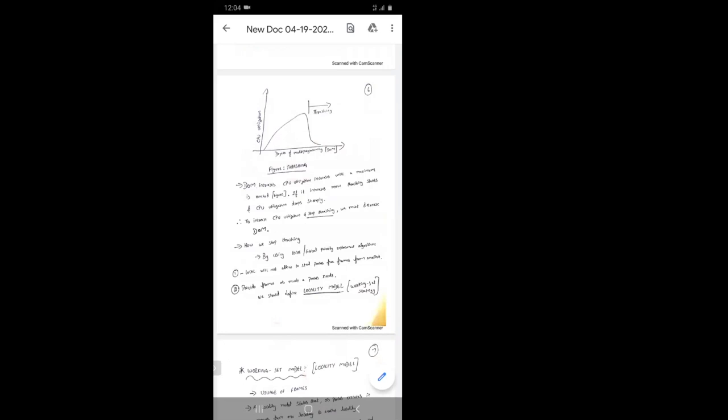So when a page fault occurs, the CPU utilization will come down. All of a sudden it will drop to 0, as you can see. Thrashing starts where the degree of multiprogramming reaches its peak value. Once it reaches its peak value, we can't do anything. Thrashing starts, where the process of swapping in and swapping out begins. That is what I have written here.